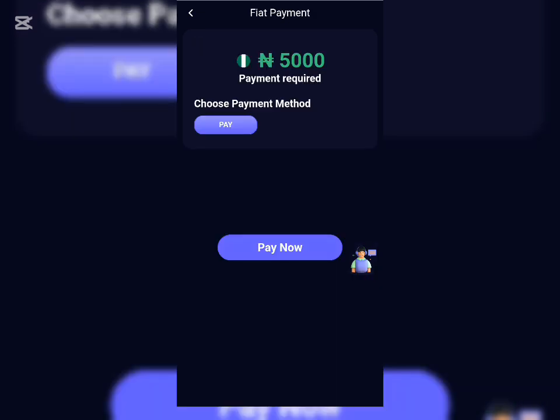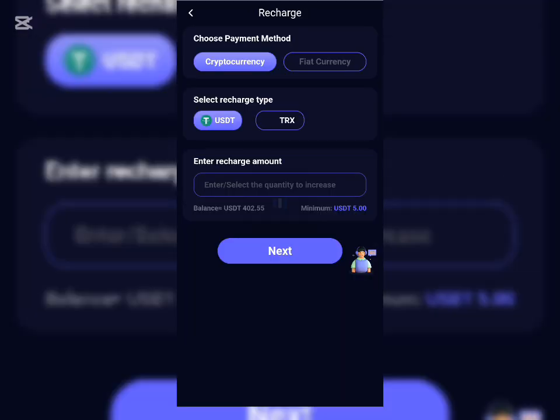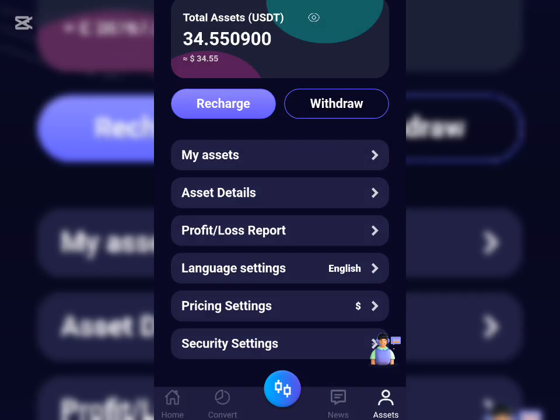Now you can see I actually selected 5,000 naira for Nigerian currency, and you can see click on pay now, and immediately I click on it, it will direct me to the next section where I will be given a bank account where I will actually deposit. Now you see right here it's actually loading, and you can see I was given a bank account where I need to deposit. And if I'm actually going to deposit, I need to deposit the exact amount I selected to be able to make the deposit confirmed. Now right here, once you're done with payments, you come back to this section right here,